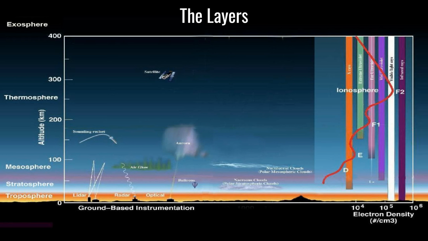Basically, the stratosphere is dominated by two key factors: the jet stream and the ozone layer. The jet streams are basically very fast-moving winds that exist in the stratosphere, and we'll explain more about them as we go on. And above the stratosphere, we have the mesosphere. Basically, the mesosphere is a region where we see very rapid temperature cooling. Above that, we have the thermosphere.